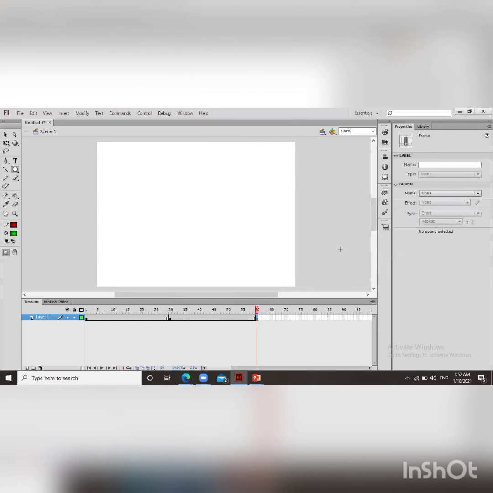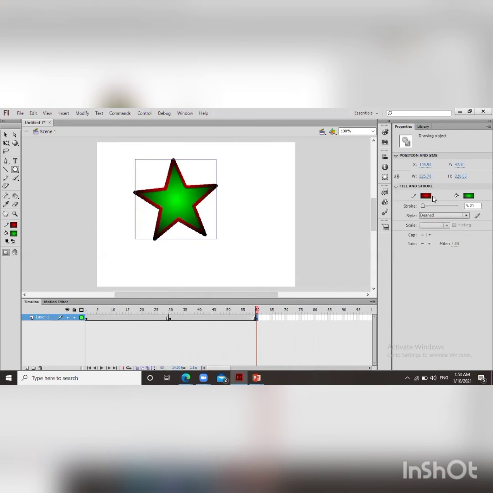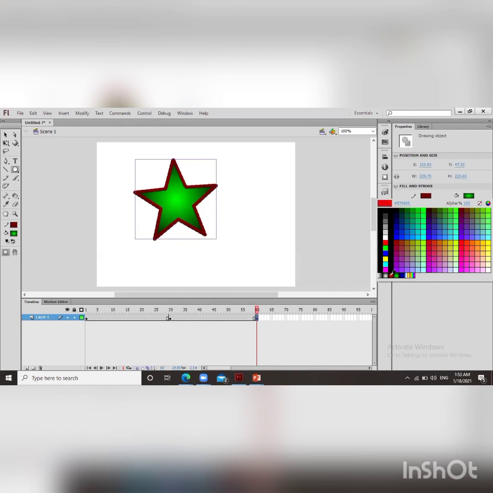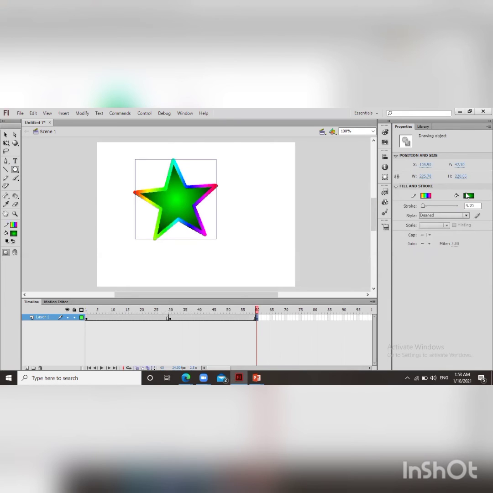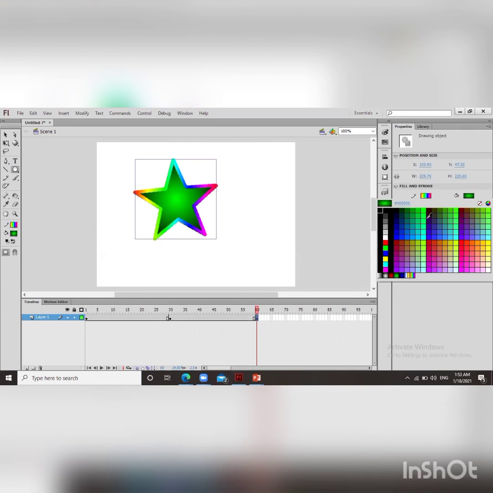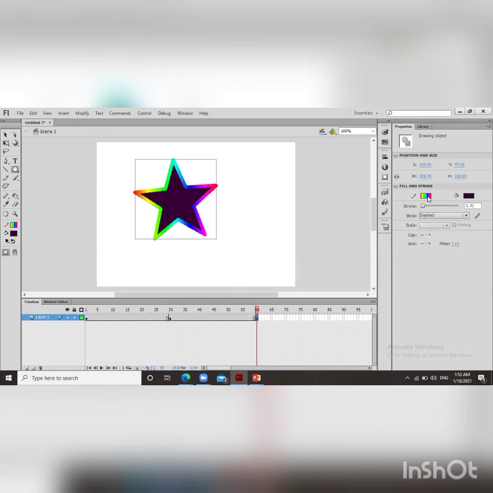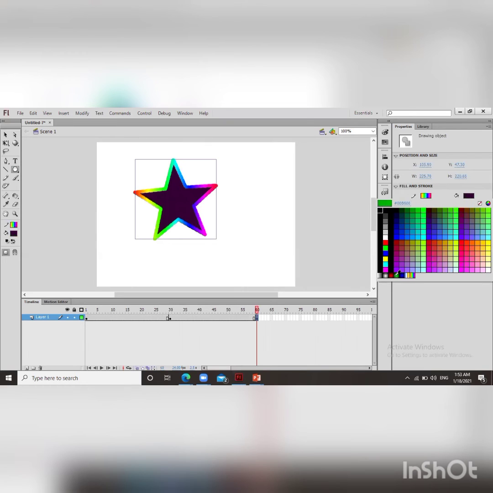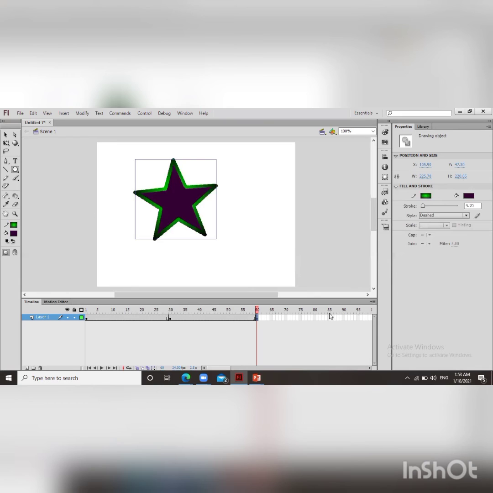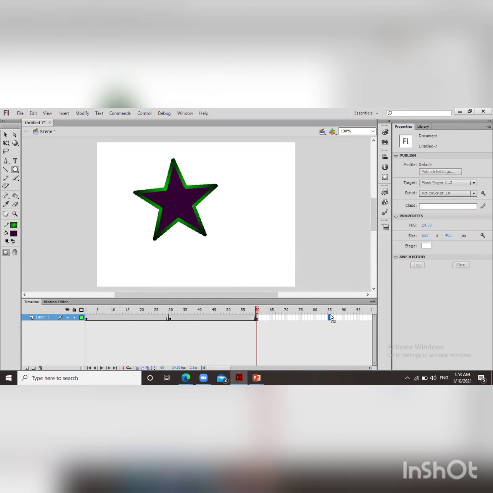I have made one more keyframe, so I'm just drawing one more star shape. And from the property inspector, I am giving the stroke color and inside color. According to our requirement, we can change it. So like that, you can make as many keyframes as you want.